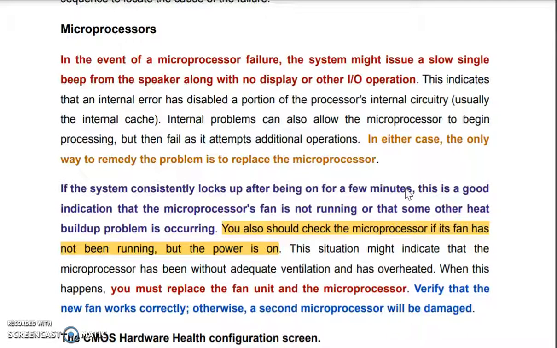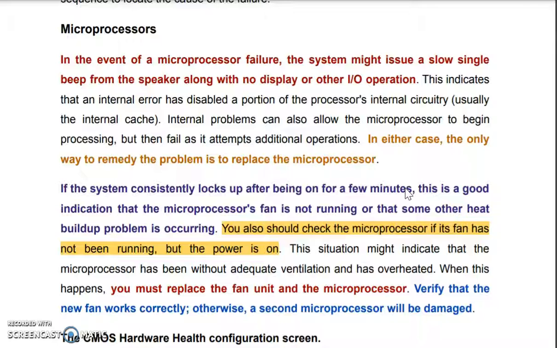Another major focus we have to give is on the microprocessor, which plays a very important role in your computer. The microprocessor has a fan, so we have to check whether this fan is running correctly or not.